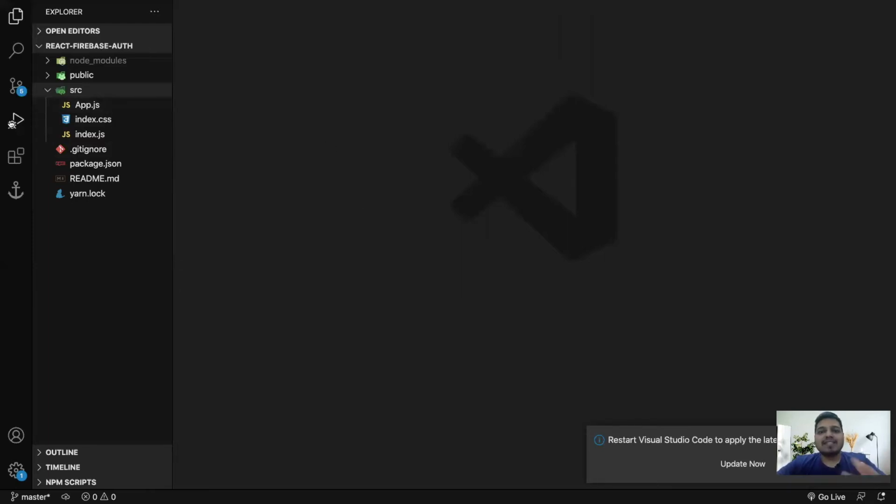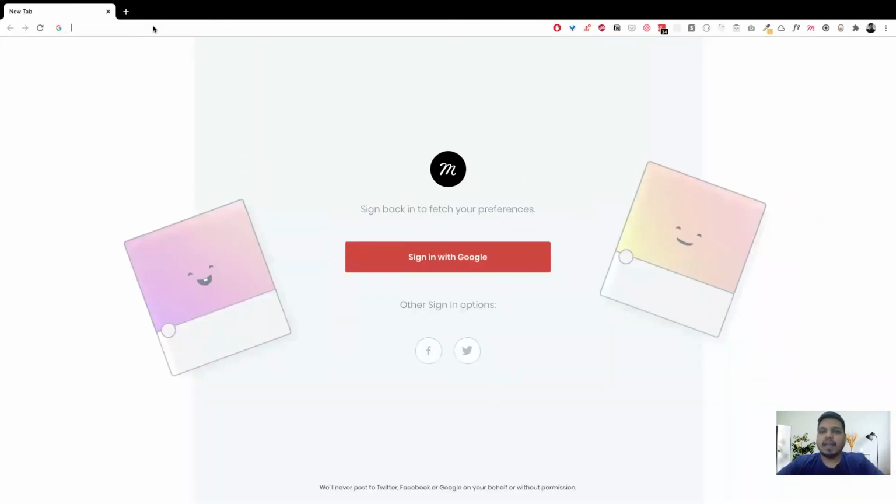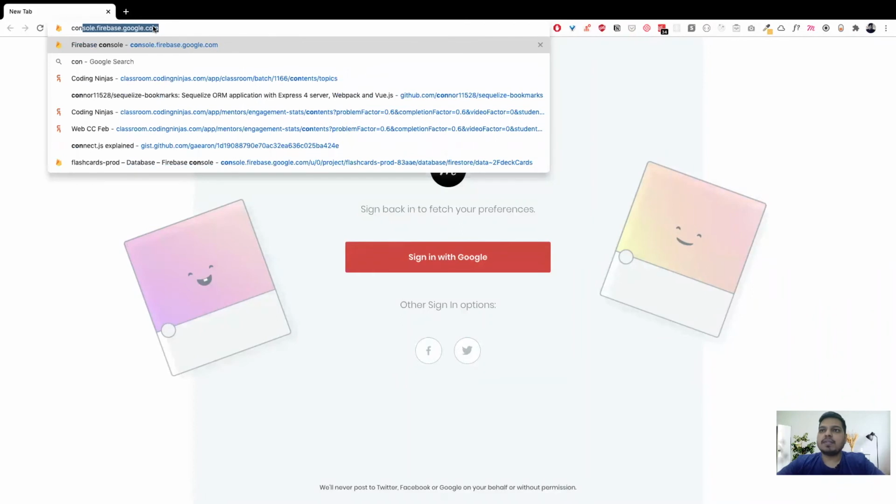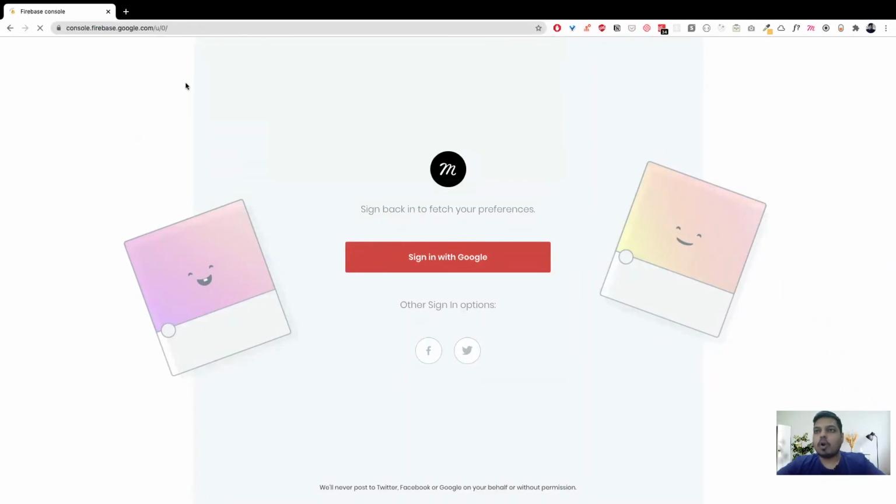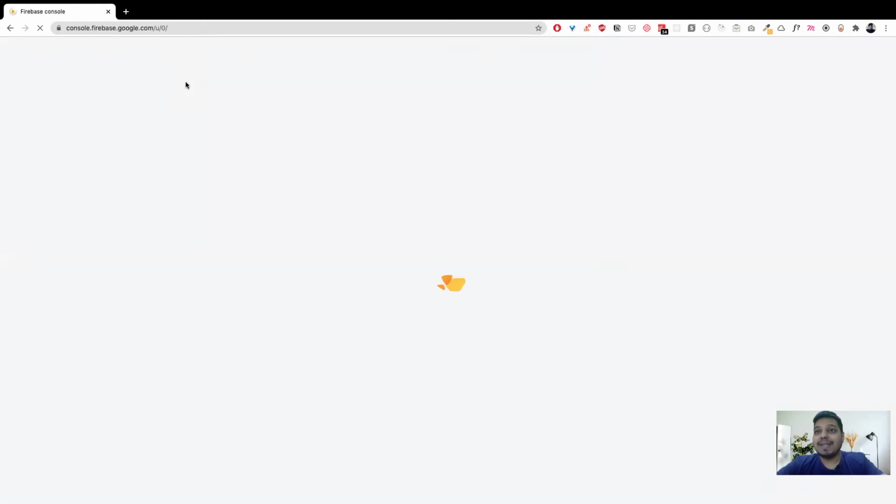So let's just set up our Firebase project as well. So let's go to the website console.firebase.google.com. Here you have to use your Gmail ID to log in. And once you're logged in, we will be creating our Firebase project.